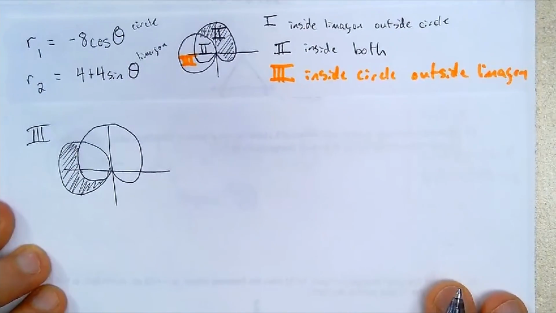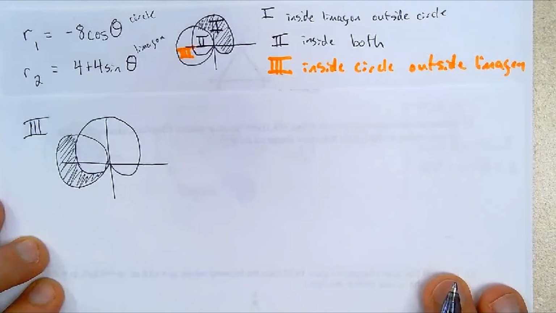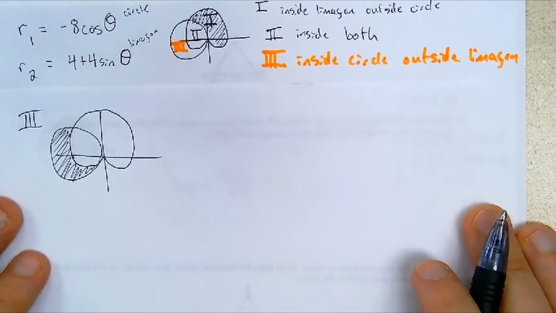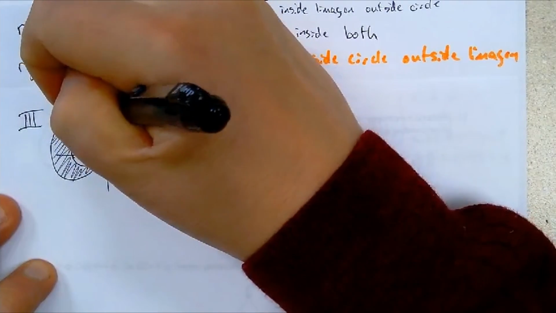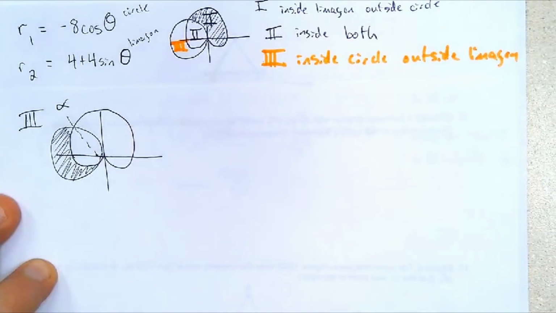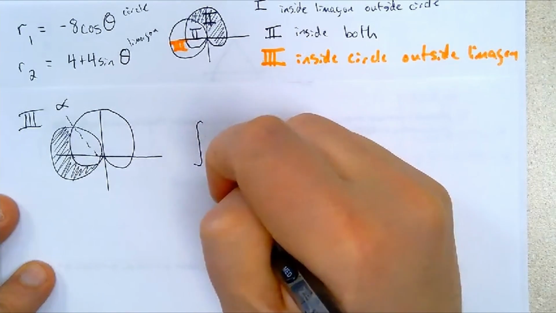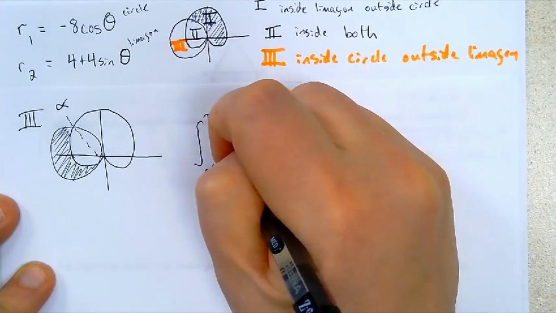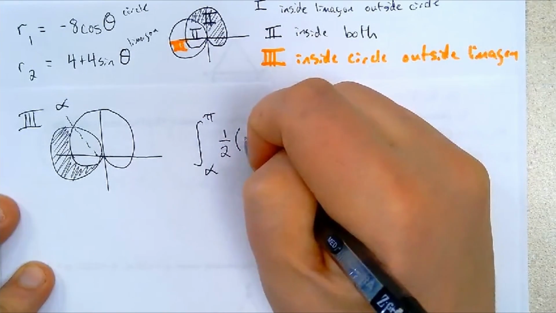There are two different approaches that we could take to this. There's a strictly calculus approach, and then there's a partially calculus approach. So let's do the strictly calculus approach first. We've already established that these curves intersect at alpha. And so if I take from angle alpha to angle pi of the circle,